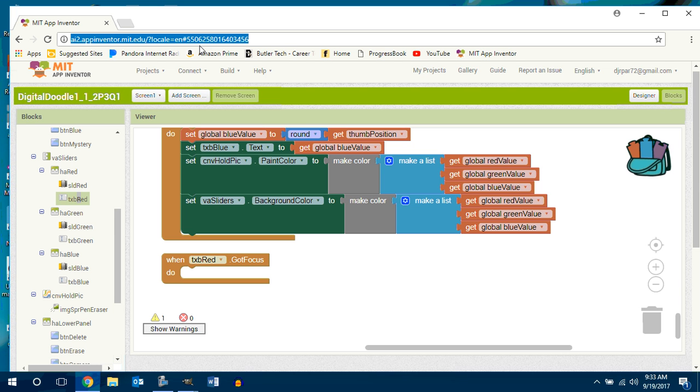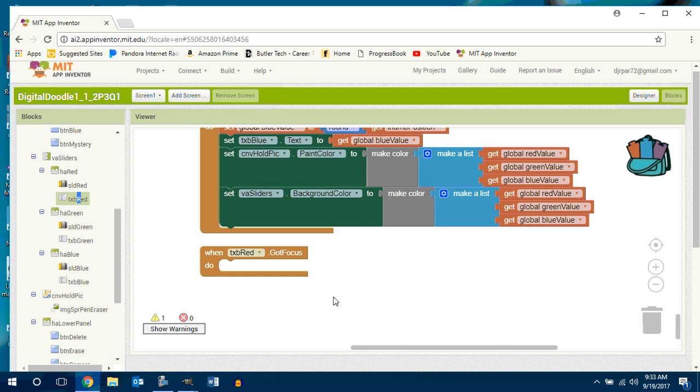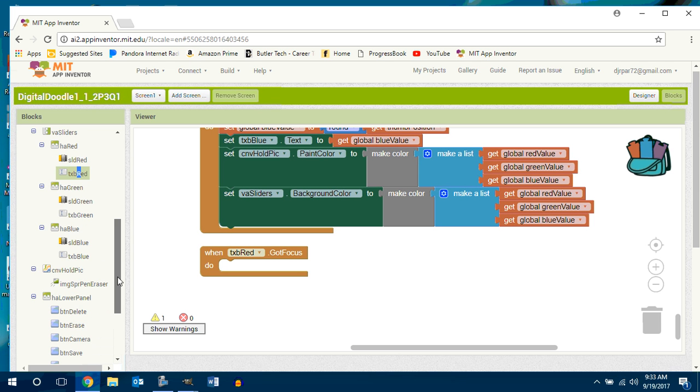You guys ever hit tab when you're filling out a form and you jump from box to box to box? When the cursor is in the box, it's got focus. When the cursor is out of the box, that box lost focus. Okay? So got focus, what we're going to do here is